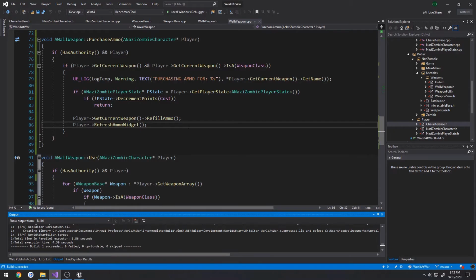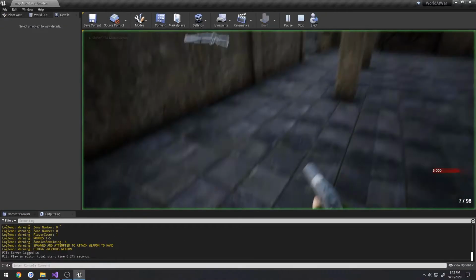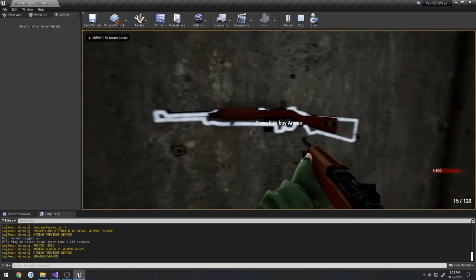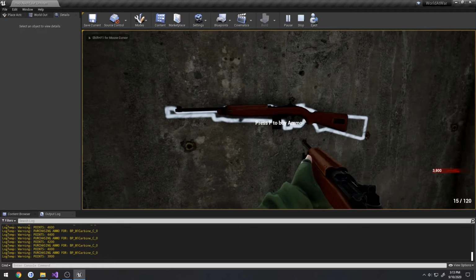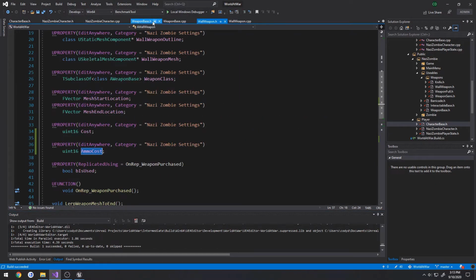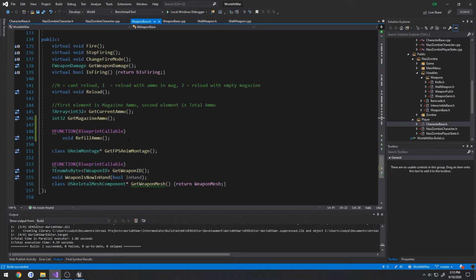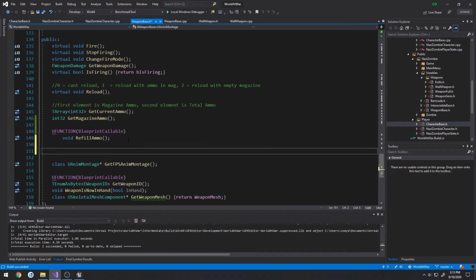So there is a slight change that I want to make real quick. Even if our ammo is full, whoops, I'll show you what I mean. I buy this, 120 max ammo, I press F, my points still go down. I want to check and see if our ammo is max. So inside of weapon base.h, go to public, under refill ammo, I want to do a check. So bool